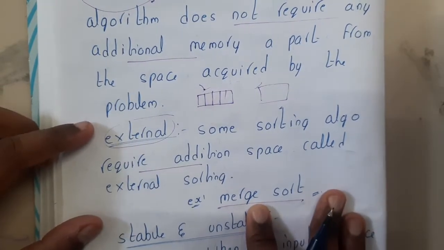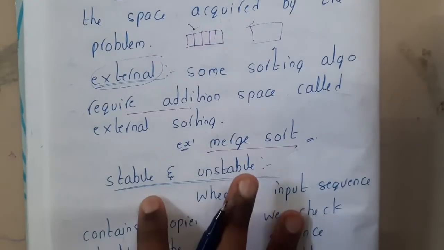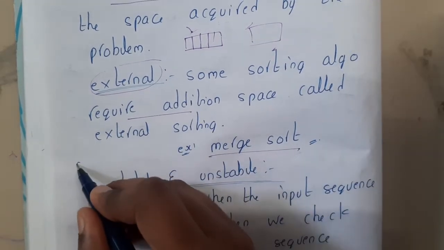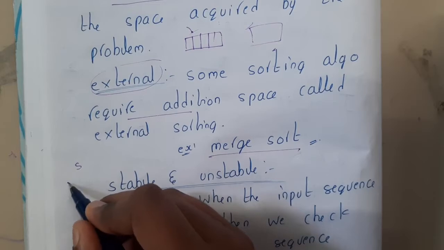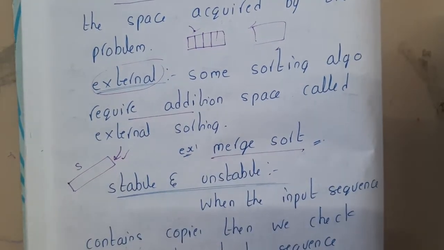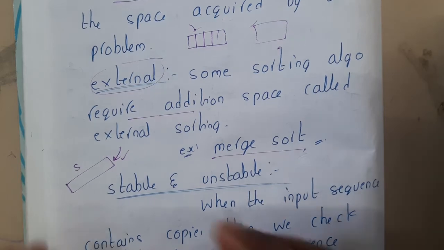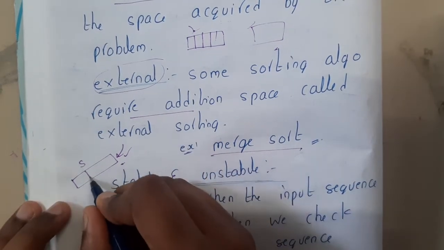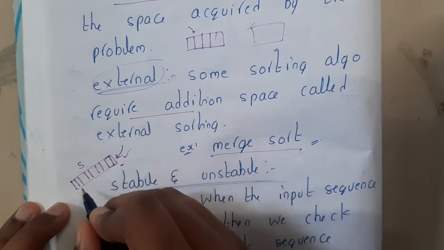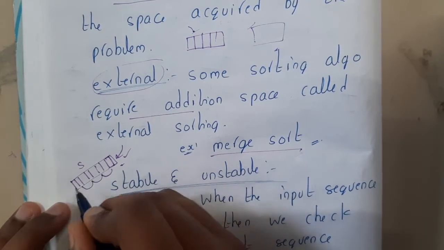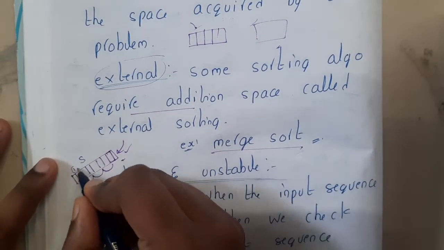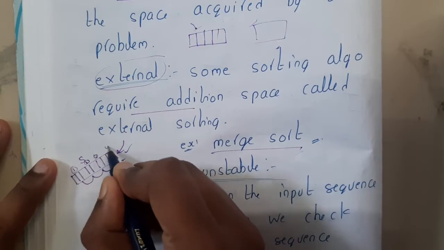Got it? A few more terminologies are stable and unstable, guys. In sorting, there is no condition that all the values should be unique. That's a crazy condition which is available in sorting. So whenever we have the same values at multiple positions, at this time, what matters is whether their relative order is changed. In the original data, this is 1, this is 2, this is 3, this is 4, like the same number.